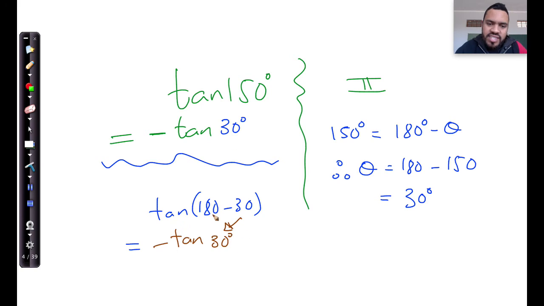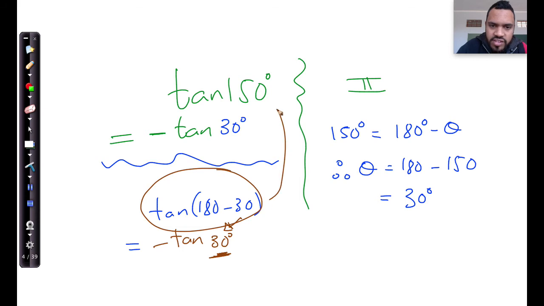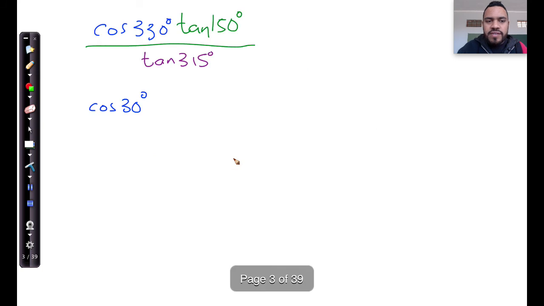Okay. Now, why did I say 180 minus 30 and not 180 minus 150? Because this 180 minus 150 gives me the simplified version. I need to show that this over here is equivalent to that over there. And how have I done that? I said 180 minus 30, which gives me 150. I then use the 30 and I put it here, but I want to maintain the equivalent value, so I must indicate that tan is negative in the second quadrant. Okay, so this simplifies to negative tan of 30